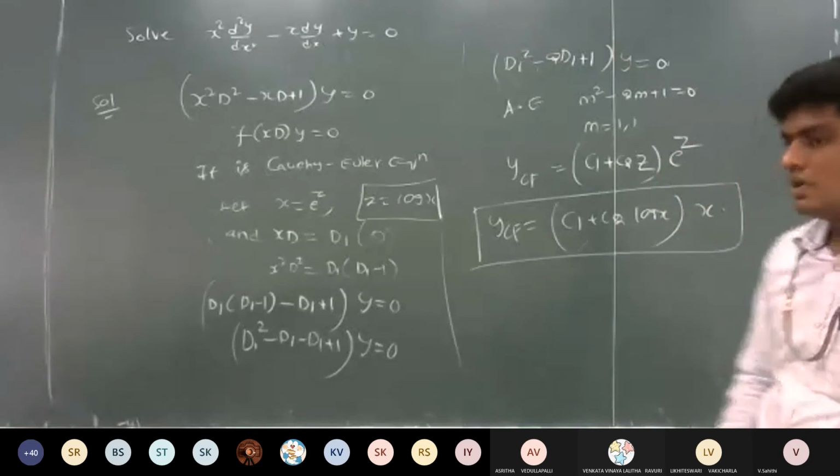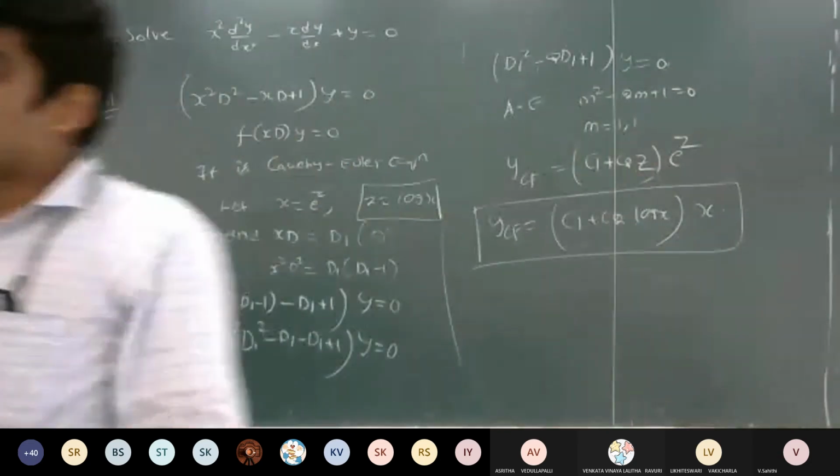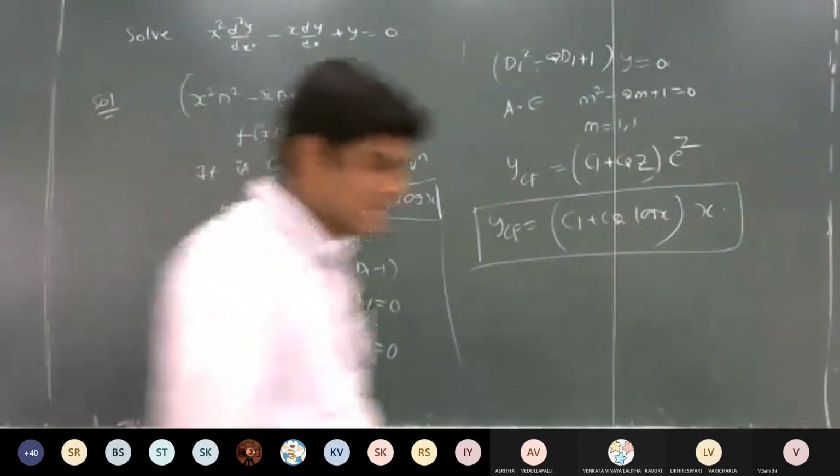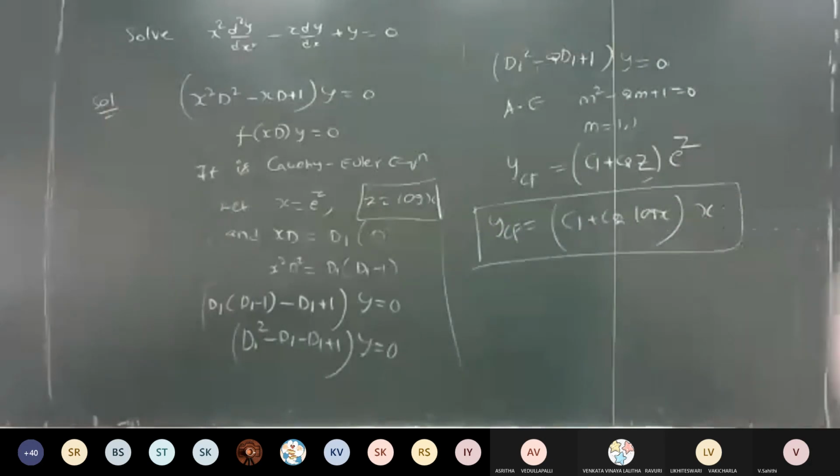So here, first we are converting the variable coefficients differential equation into the constant coefficient differential equation. How we converted: by choosing the suitable transformation x is equal to e power z, we get xD is equal to D1, x square D square is equal to D1 into D1 minus 1. So I just substitute the values there. So finally